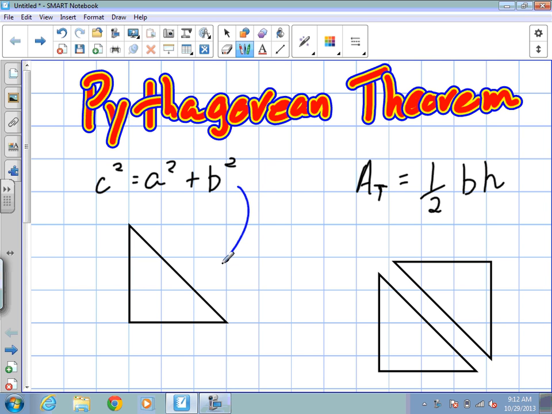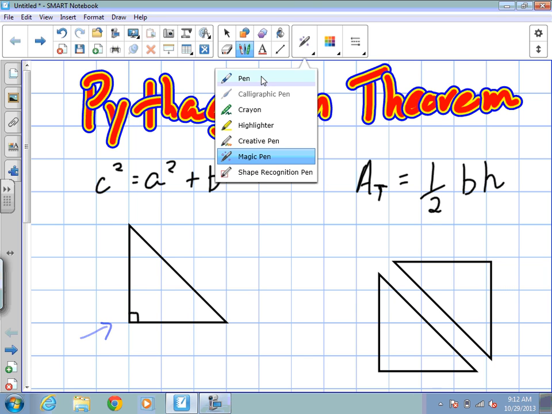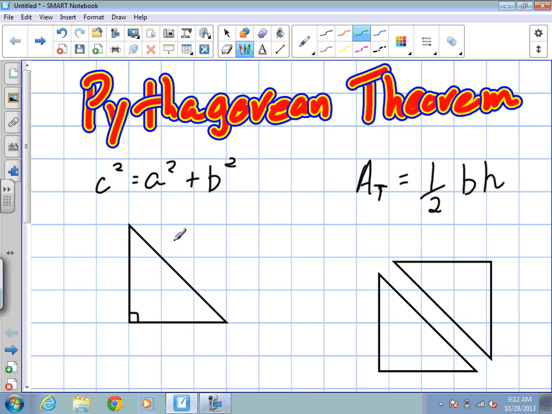Okay? So the first thing we're going to be looking at, and for our Pythagorean theorem to work, we must be working with a right angle triangle, okay? So for the basis of today's lesson, all of our triangles will have to be right angle triangles. If they're not, then we can't use Pythagorean theorem, okay? And we're going to talk about the sides, and specifically the hypotenuse